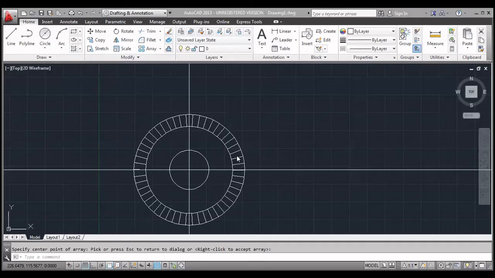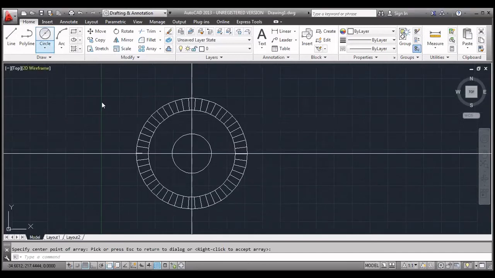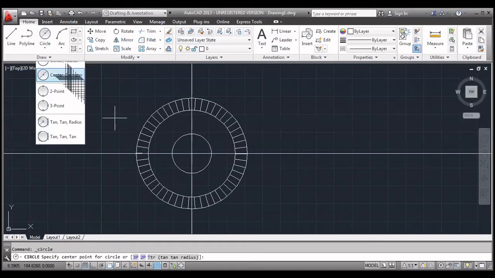So you can see now we have done with the shaft, and we've done with the commutator part also. Now next is we will go for slot. So to draw slots,